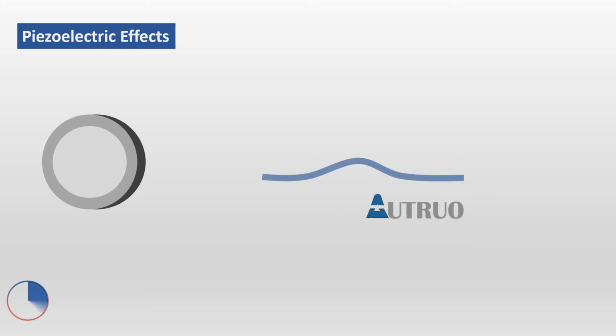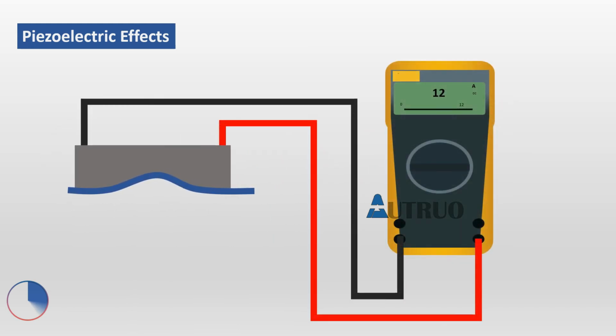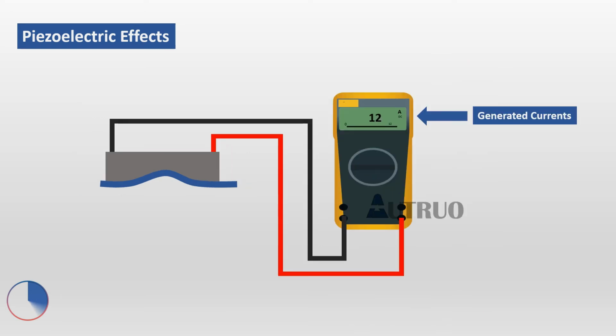The piezoelectric effect is the charge created across certain materials when a mechanical stress is applied. This effect is the electrical signal that is generated according to the pressure applied. The output can be current, that is 4 to 20 milliamperes, or voltage, 0 to 5 or 0 to 10